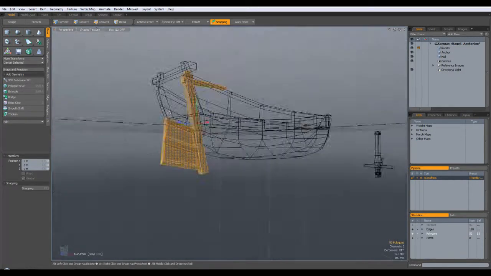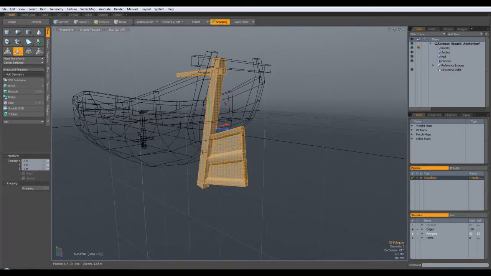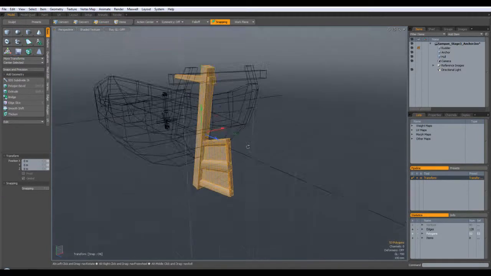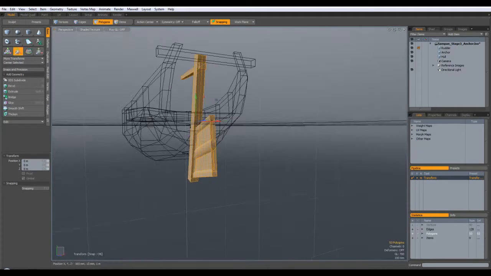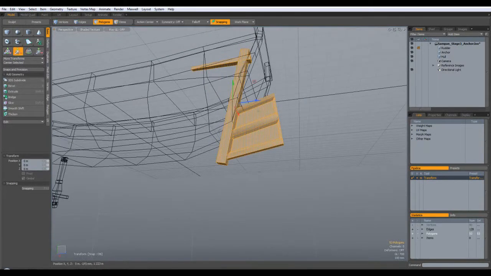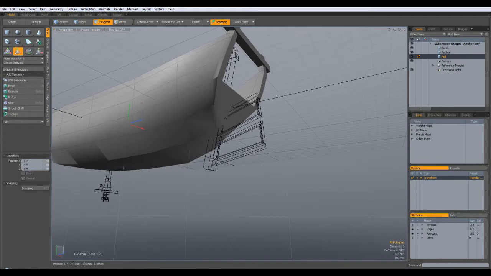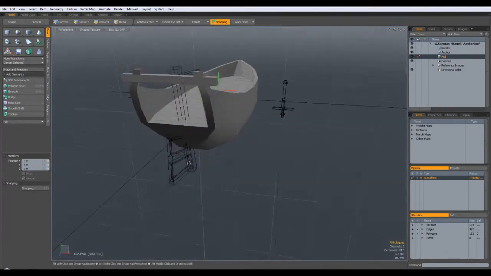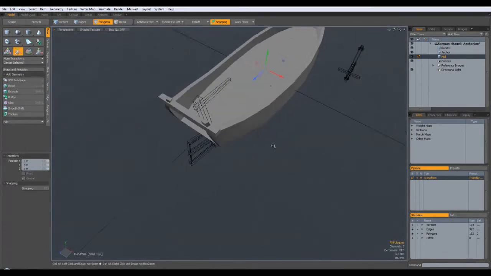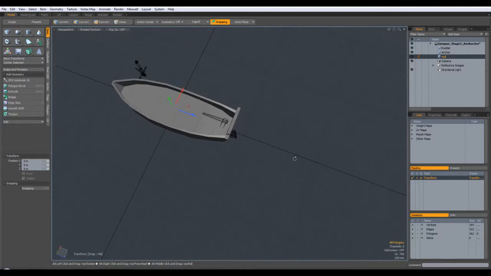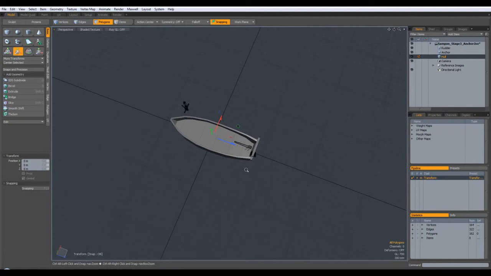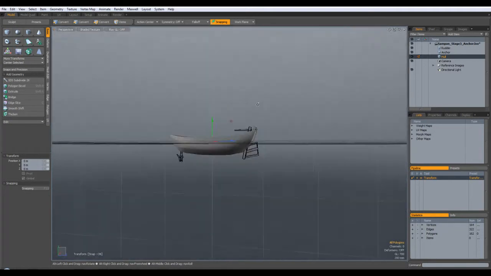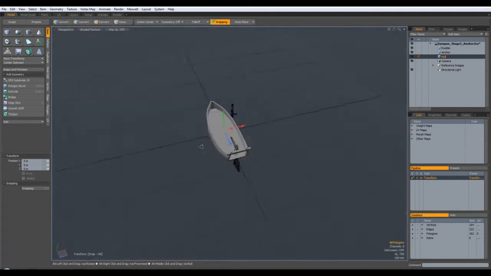So that sits in there, so there's obviously going to have to be some cutout in the back of this boat to accommodate that rudder, like some wastage in the back of this hull area here. But we're always going to see the boat from this angle up here, probably from this distance, so I'm not going to bother